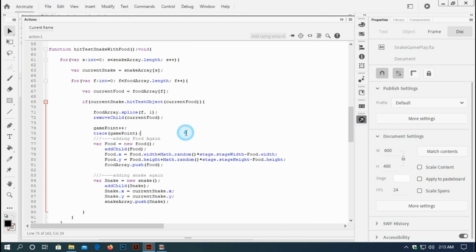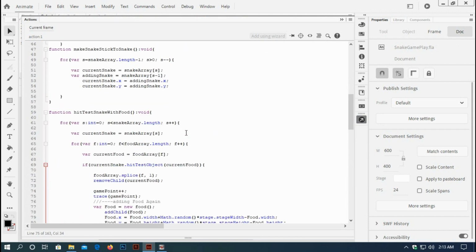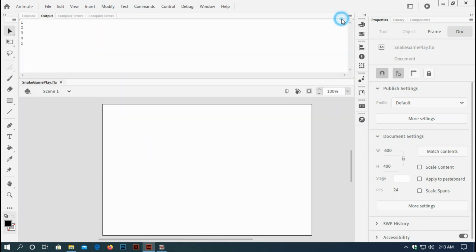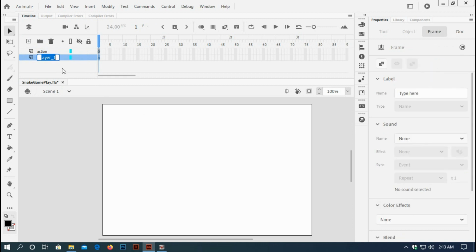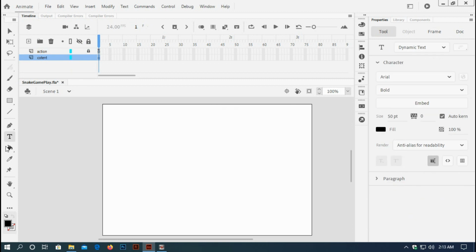And now I would like to show the point here on the stage inside a text field. So I will insert a new layer, rename the layer content, and take the text tool and drag it on the stage